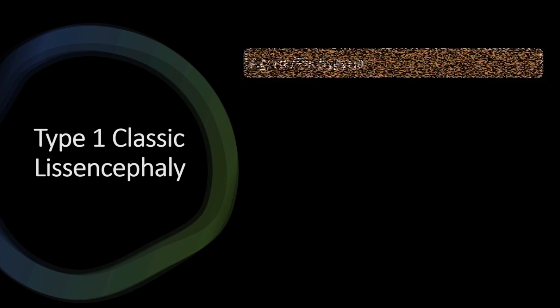So the diagnosis is type 1 classic lissencephaly. This is a variable spectrum. What I have shown is the most severe complete agyria lissencephaly. Sometimes we can have a pachygyria